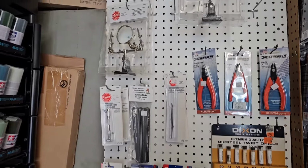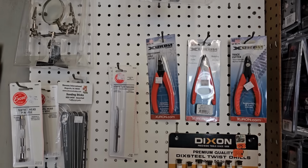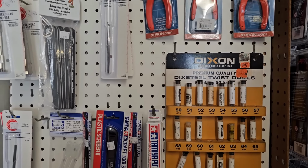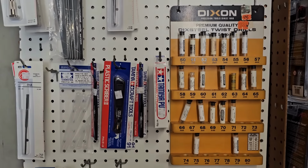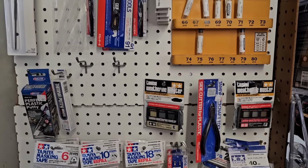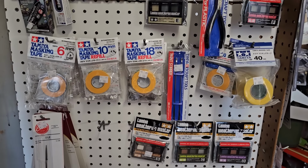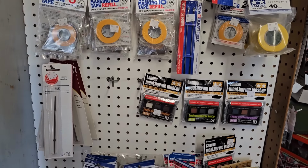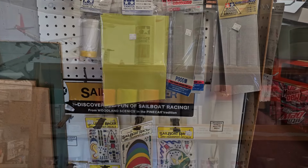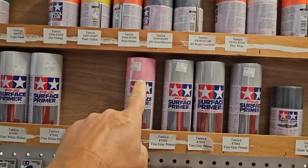Of course, there's some tool supplies. Got to have tool supplies at a hobby shop. So it's a well-rounded hobby shop. They offer something for everything. Little makeup cases from Tamiya, which are weathering cases. Your Tamiya tape, best tape ever. I recommend only Tamiya tape if you're model building. More Tamiya spray cans. Your primers,